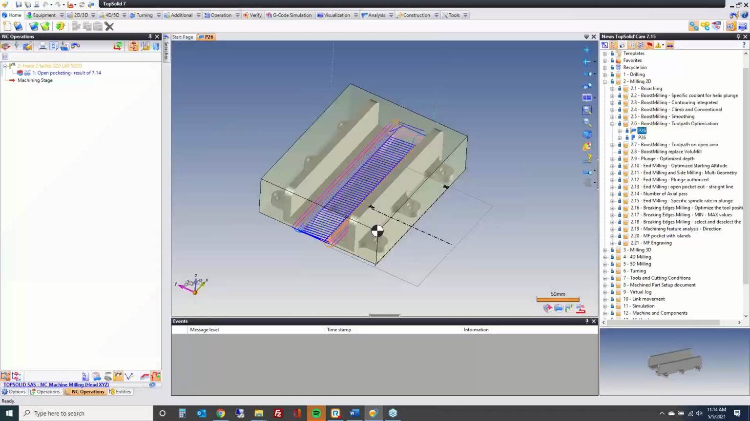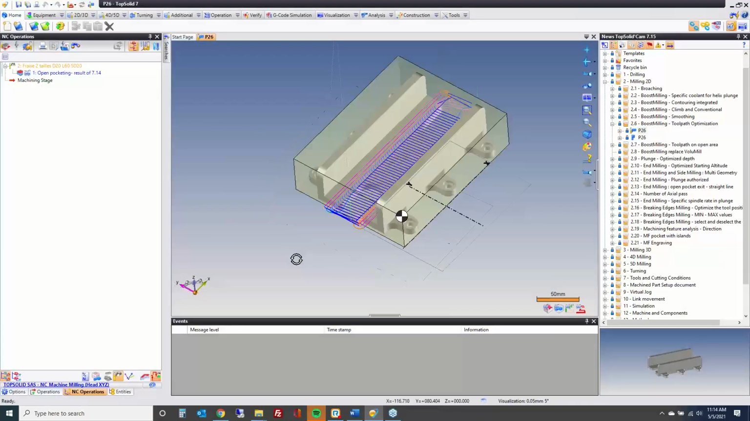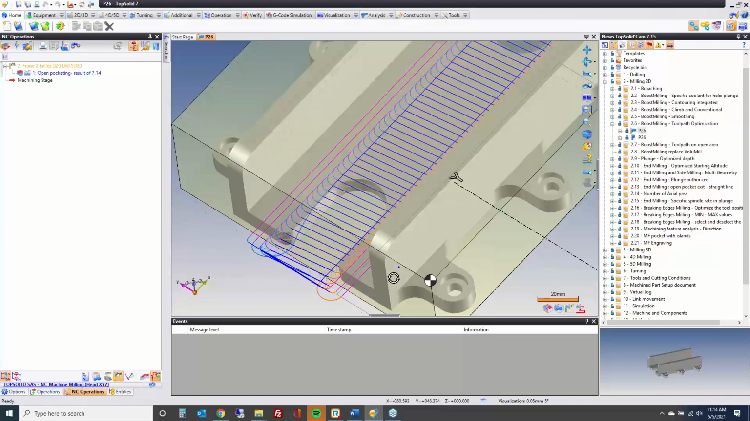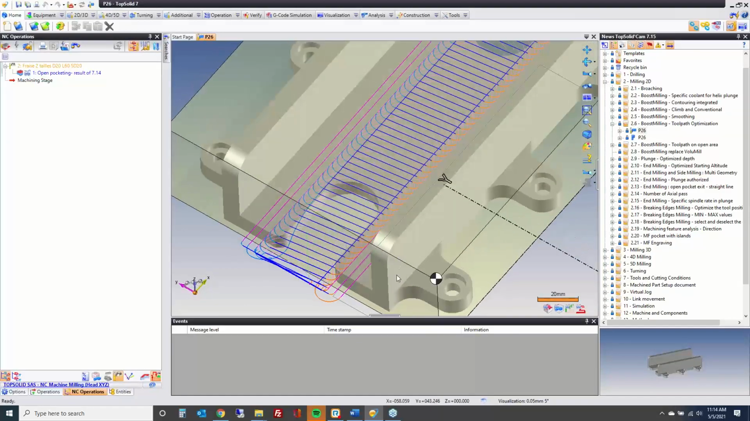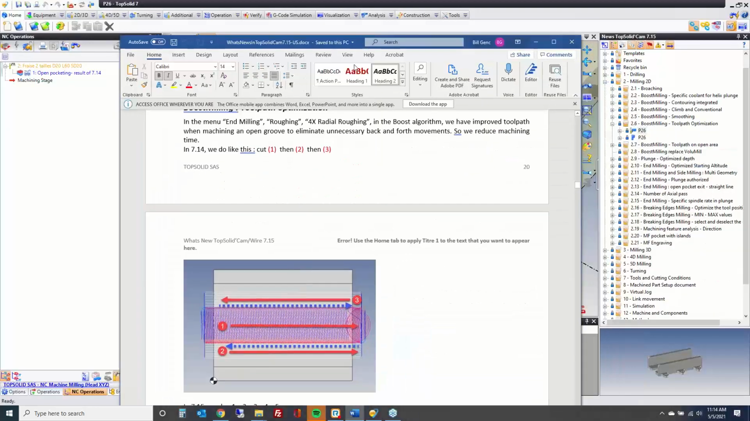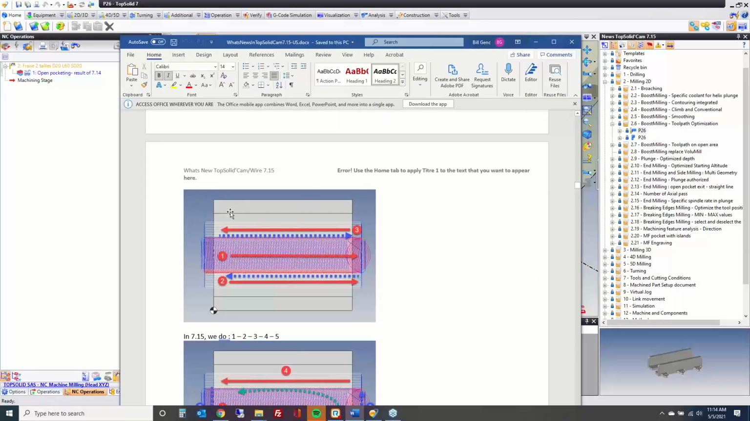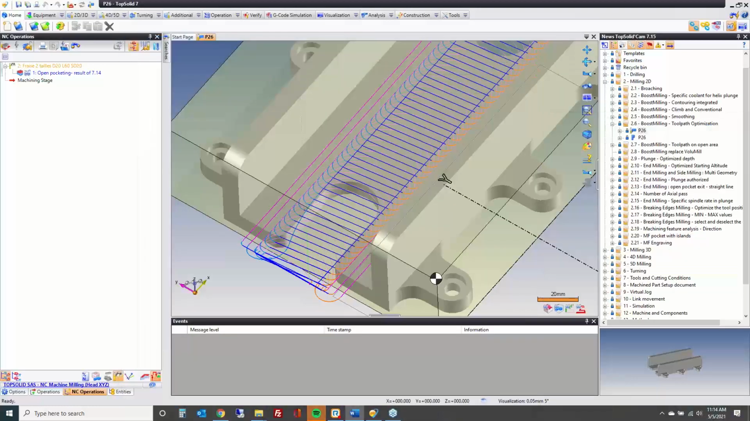All right, so toolpath optimization. Right now what we're seeing here is the results of boost mill from 7.14. This is the way it was, and I'm going to bring this over so you can see. In 7.14, the order of toolpath was we did this entire center, then we did this, rapided back over, did this, rapided back over, did this. Once this side was done, then we came to this side and did this side. If we go and simulate this,